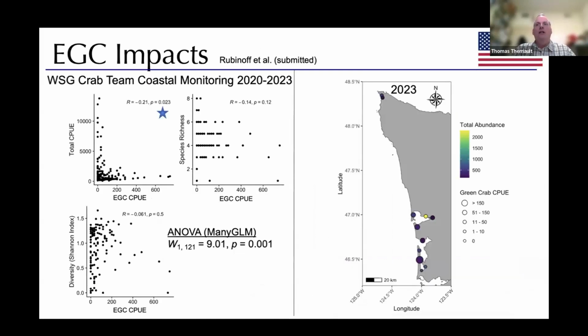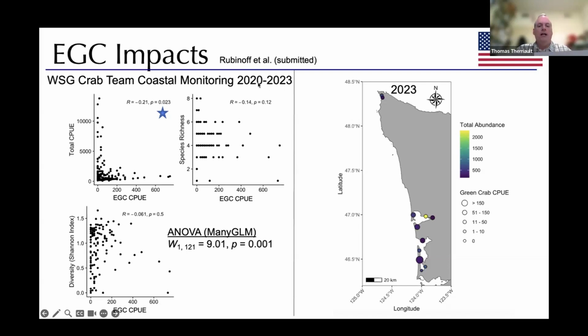We also know that our colleagues to the south have been doing work on the effect on Hemigrapsis and other things as well. So here we see work from Ben Rubinoff using Crab Team data. So the sites are shown for the most recent year of trapping, which was 2023. Highly variable abundance between the sites, but if we look across the multiple years of Crab Team data, so 2020 to 2023,